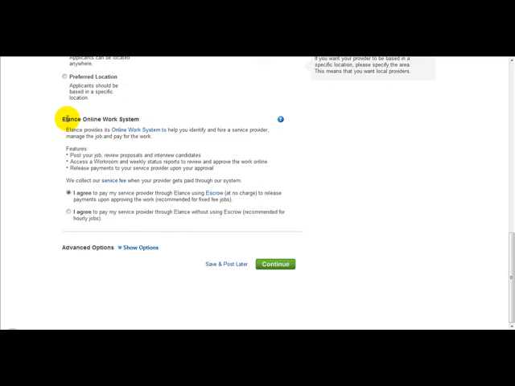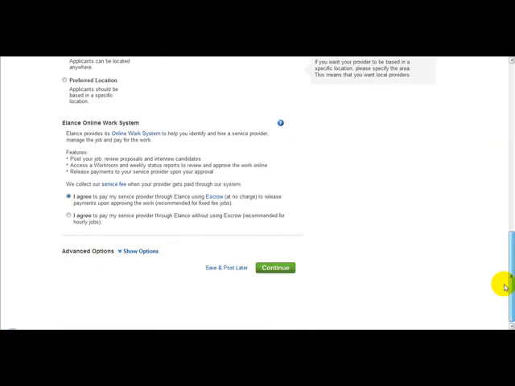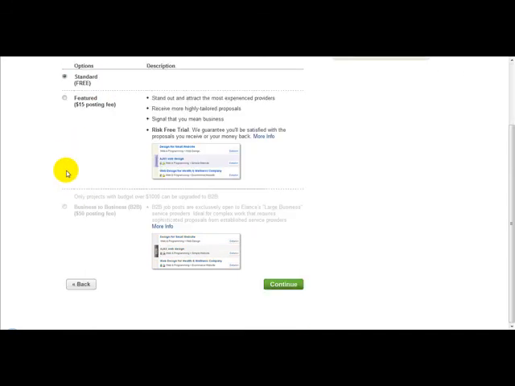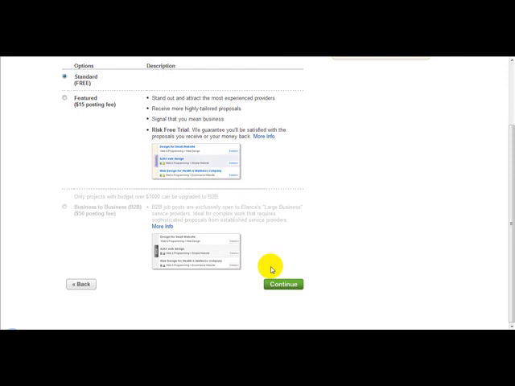Next, it says I agree to pay my service provider through Elance. So once you've submitted your job description, your fund, then you have to agree if you're going to be using escrow. And then you just simply click continue, and that's all there is. And you just simply click continue, and then you just choose your posting type, standard or free. I'll just click standard, but there's also an option for you to select a different one. Okay, so at the bottom you just simply click continue,